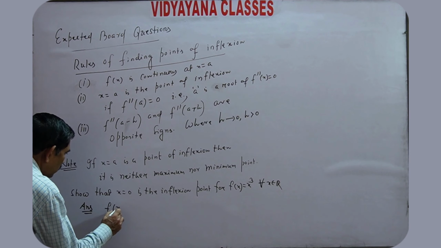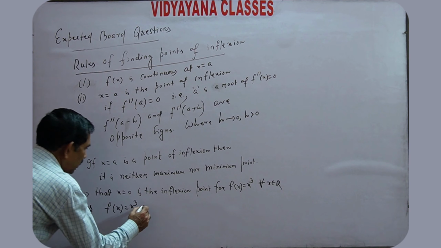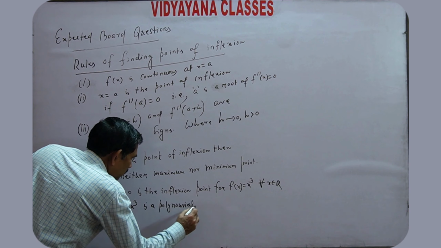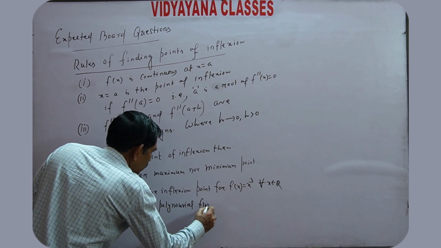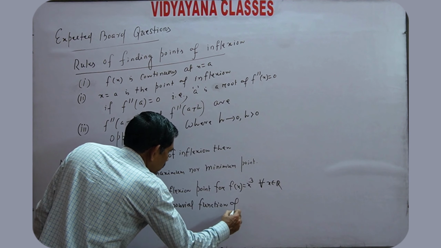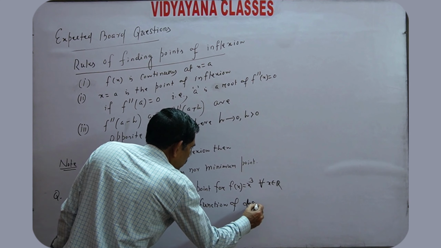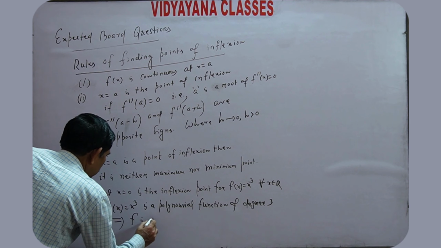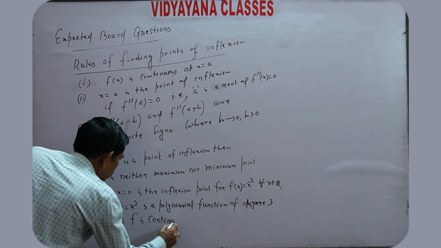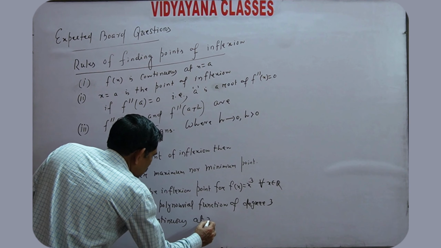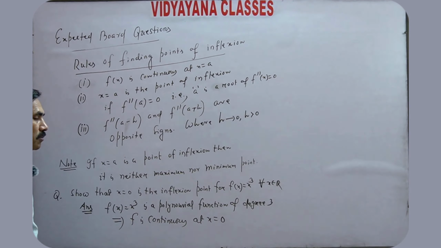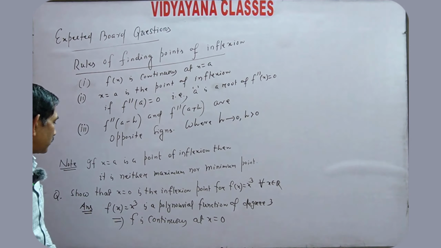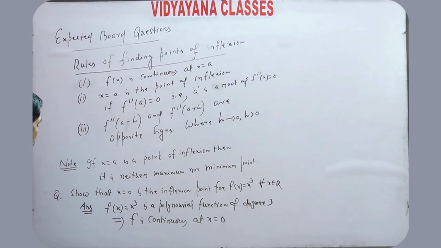f(x) is equal to x cube, a polynomial function of degree 3, implies f is continuous at x equal to 0. Since every polynomial function is continuous, the first condition is satisfied. Clear? Second condition,